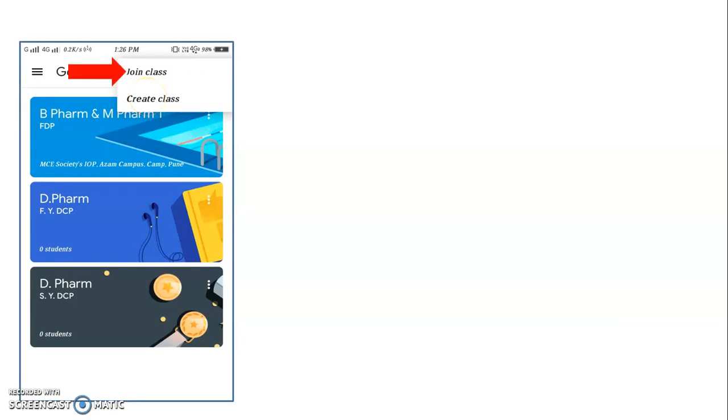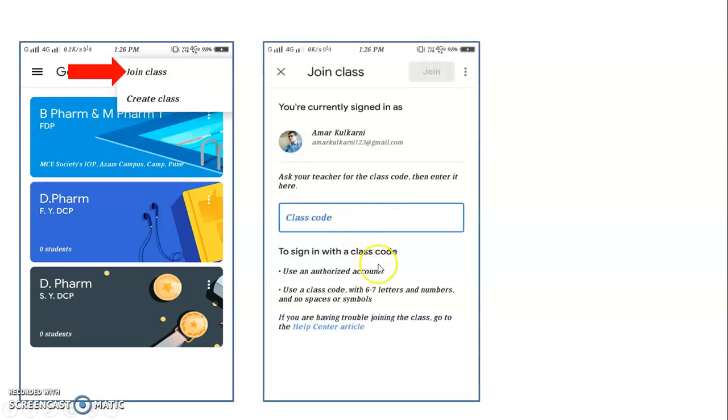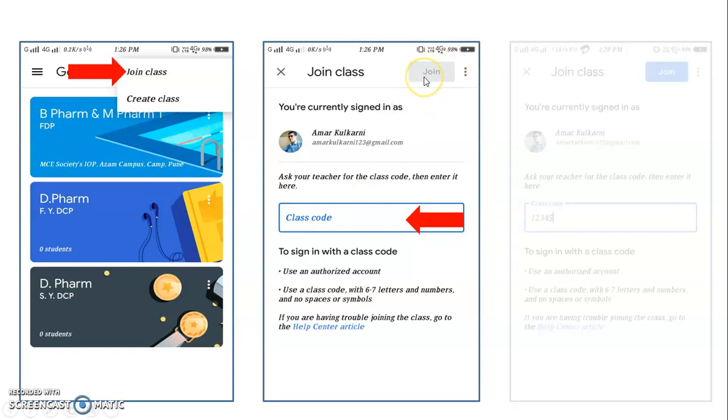After clicking on join class, you will get this window to join the class. You just see here, this is a join button, but it is not visible. It will be visible after putting in the class code here. You can ask your teacher for the class code. After filling in the correct class code, this join button will be open.